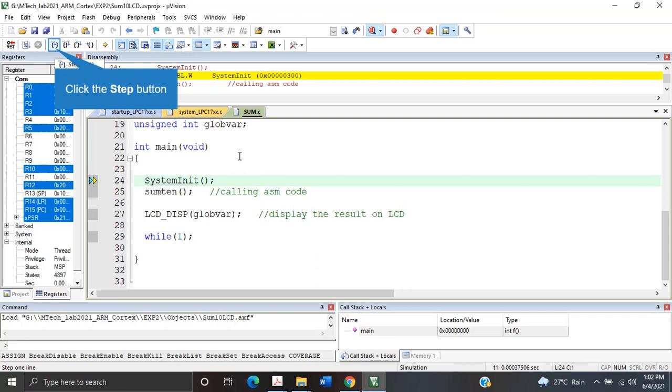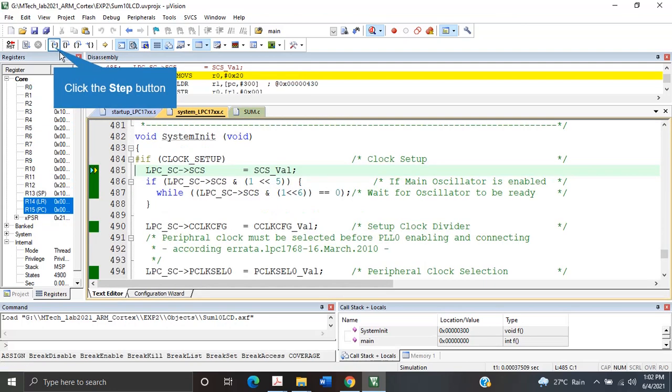As we have stated, initially it has started from startup.s. From startup.s, there was the import main and BX, the branch with exchange, with respect to that particular register. R0 was holding the jump address. Now R0 was exchanged with respect to PC, and hence you are into the main function now. Whenever you are jumping into the main function, if I click onto the system init, we have jumped into system lpc17xx.c, where the system init function is written.